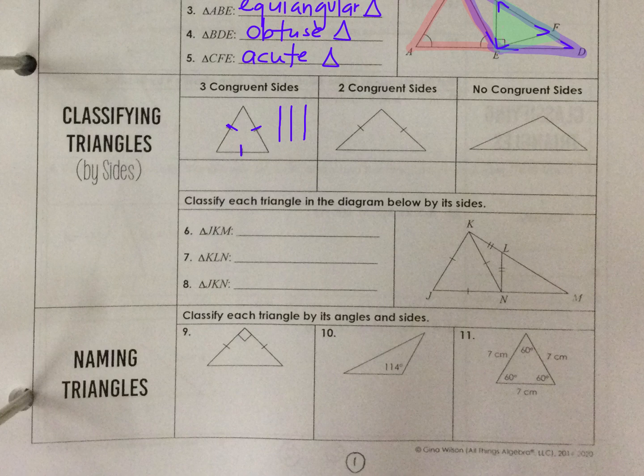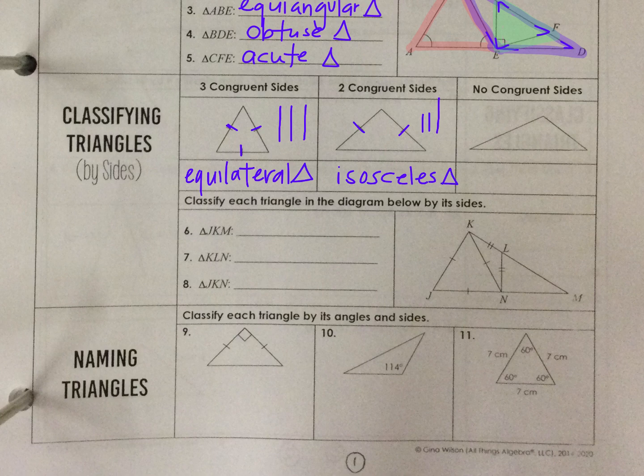So when I have a triangle like that, we call it an equilateral triangle. When I have one that has 2 sides that match, if I line this one up, you'd have 2 that were the same length and then the one that was longer. We call that an isosceles